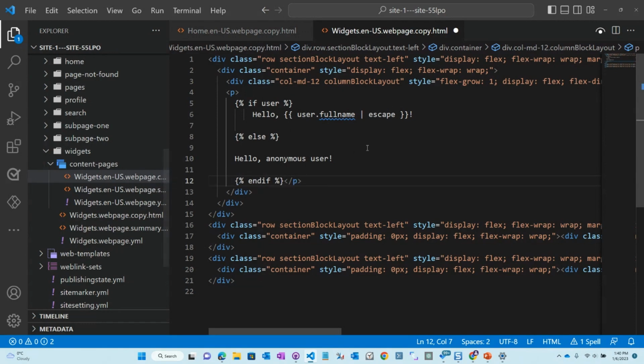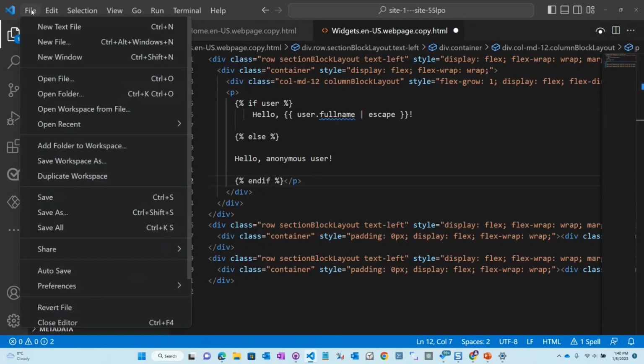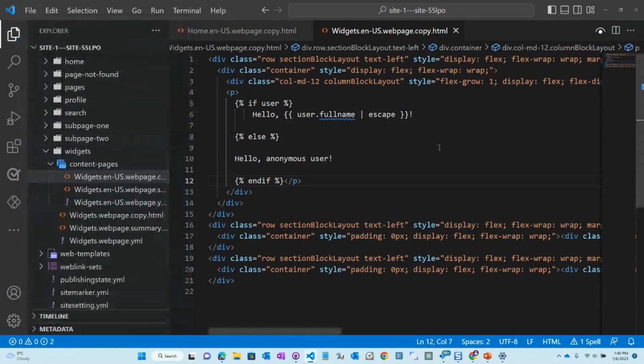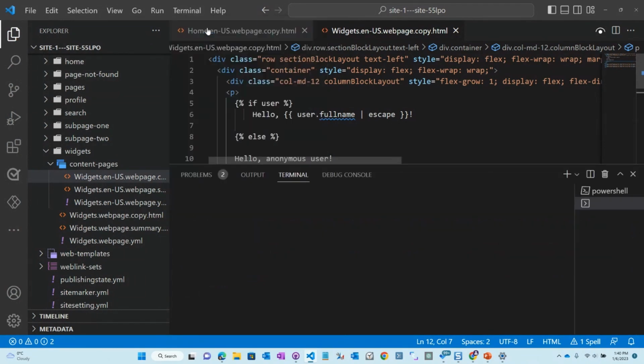So of course, now that I've made that edit, I'm going to save it. And what I'd probably want to do is commit this to source control because I've made the change, but I really want to see how this is going to look on my particular site. So I'm going to go to terminal, add a new terminal again. Now I want to upload this back into my portal. Or if I made these changes and downloaded it from source control, I can move this metadata from one site to another. So if you're wondering how to move your site changes from one environment to another, the Pack CLI can do that as well.